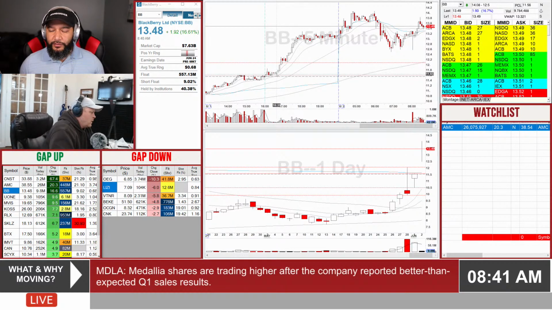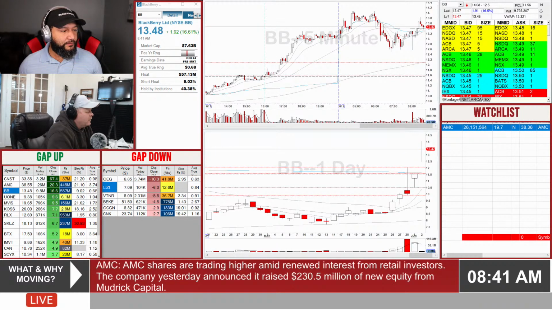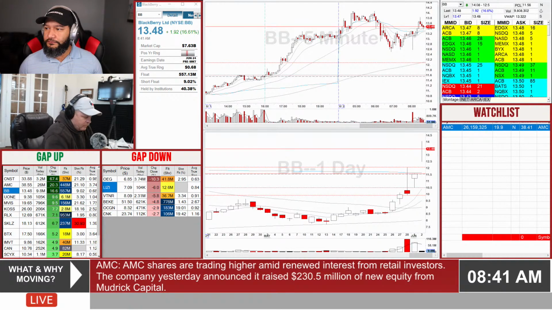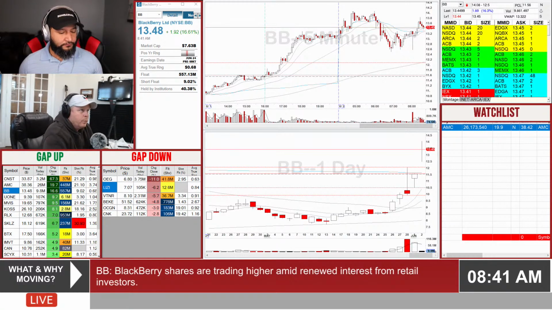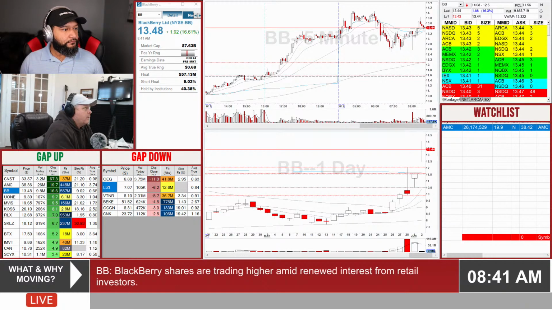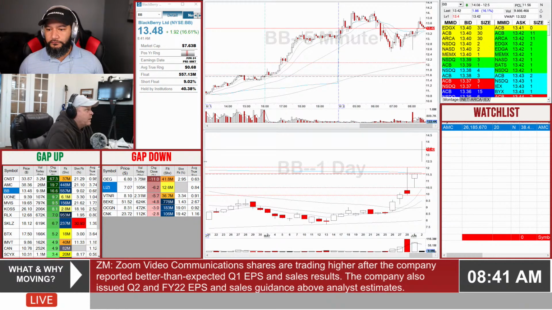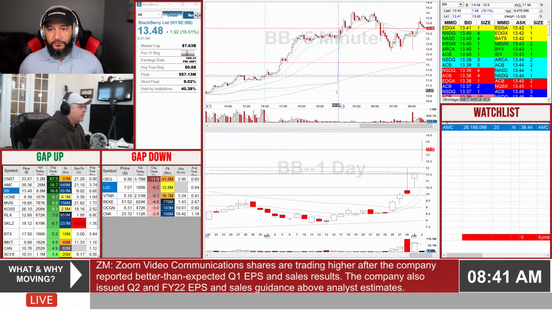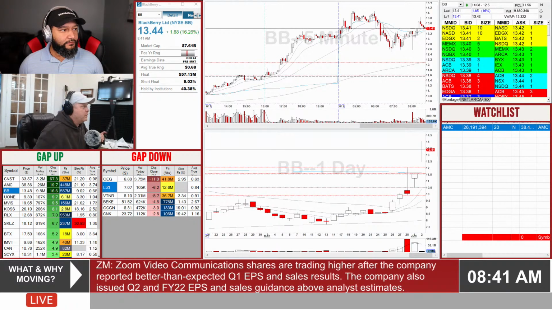Is this just overall technical, or is there something else? AMC obviously had the Reddit move, which helped it. But then they had a couple of things. An investor came in that they had a private offering to a couple of days ago. We discussed that. The stock price held and actually went up. And then the CEO came out and said he's going to capitalize on this meme move the stock has had and put it to the company's benefit, which, as a CEO, your duty is to benefit the